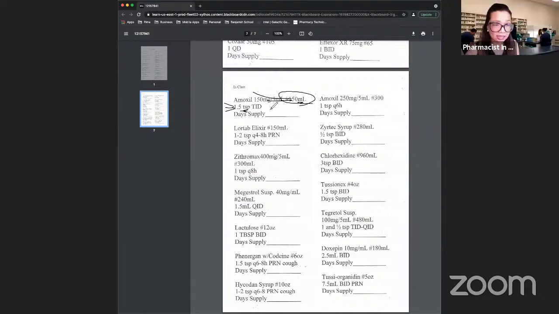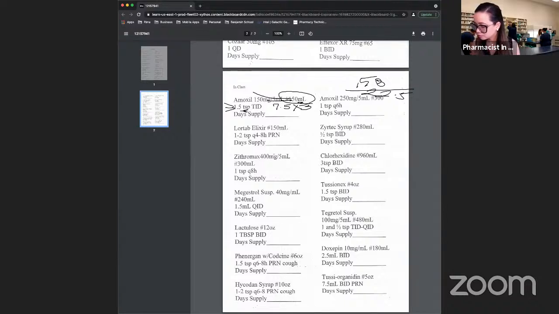7.5, but it doesn't end there, right? No. Because you have a TID. So you have to multiply this by 3. So 7.5 times 3 is 22.5. Is that correct? So that will be your divisor. So 150 divided by 22.5 will give you,